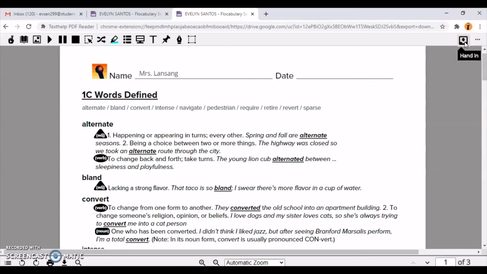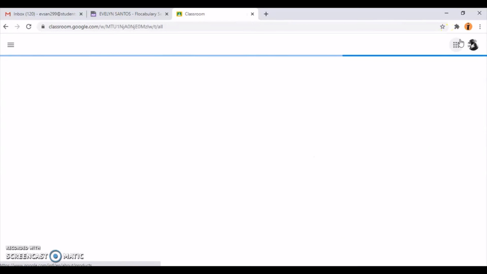So if you're a teacher following these instructions, you need to do the same steps on your end with your browser. You must also add the extension, and then you must also click on those two boxes so that all three boxes are checkmarked. That's the only way the student will be able to see the hand in button. So once you click on hand in,